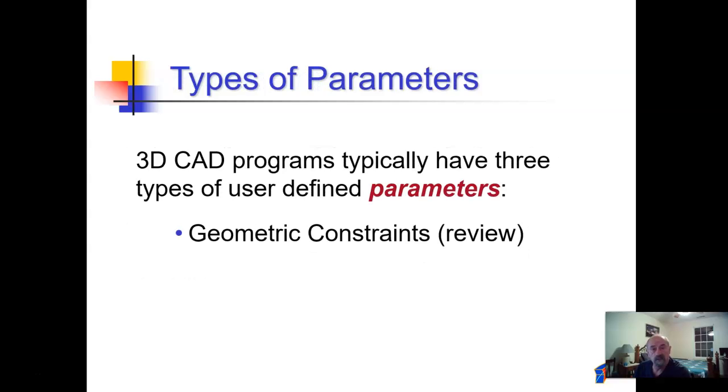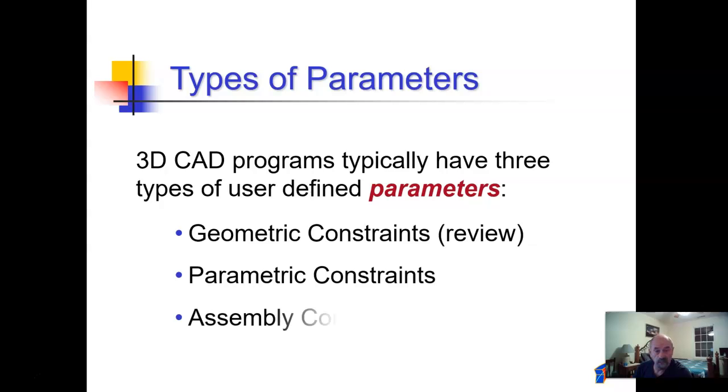We've talked about some geometric constraints already. Geometric constraints such as parallel, perpendicular, concentric, tangent, things of this nature. Parametric constraints, we'll go into what that means now. And assembly constraints, we have kind of talked about with the mate and the flush type constraints when we started to assemble our